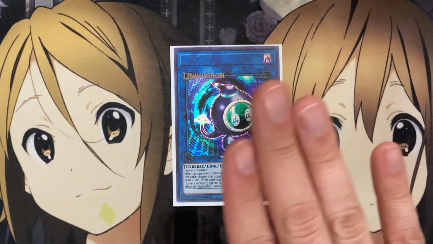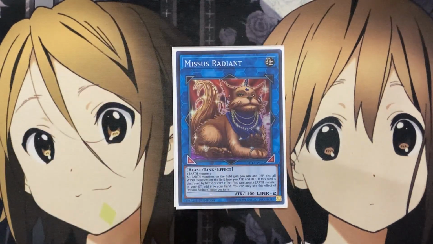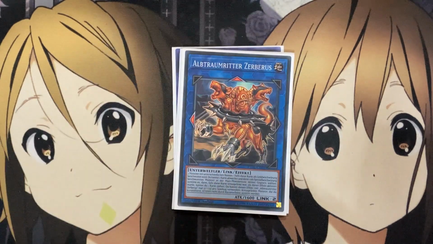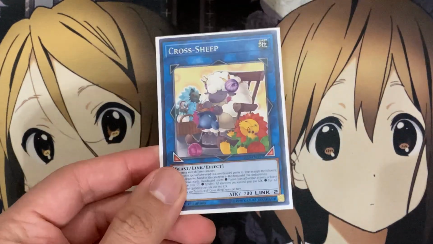If I just have that as my one resource, it's a lot safer to have one Link Karibo on the field than just one Naturia Cherry, if they don't have the special summon option to go into more Cherries. Also one Mrs. Radiant, one Asa, the Earth Charmer Immovable, one Nightmare Cerberus, and one Cross Sheep to finish off the extra deck. If you wanted to try Nightmare Cerberus or Unicorn instead of the Cross Sheep, that's always an